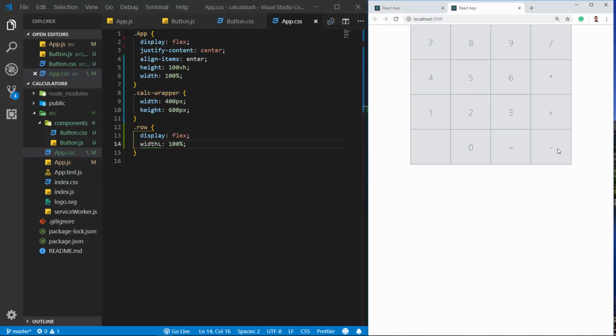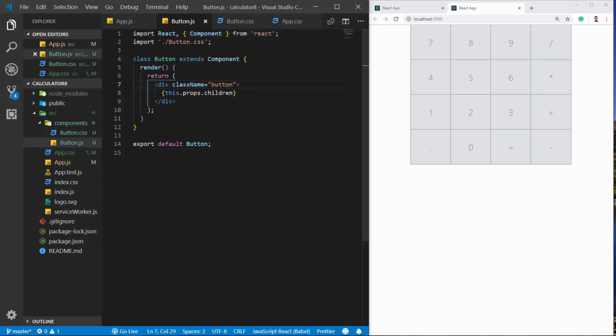Next, we want to go ahead and make the operators orange. So if it's not a number, an equal sign, or a decimal sign, we want the operator to become orange. So we're going to use a function in React to do that. So we're going to go to button.js,